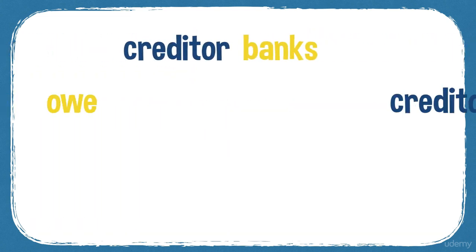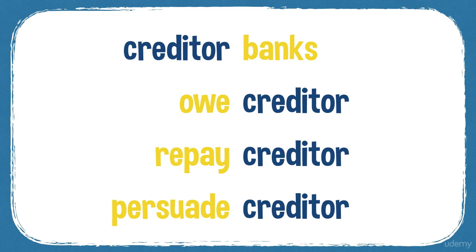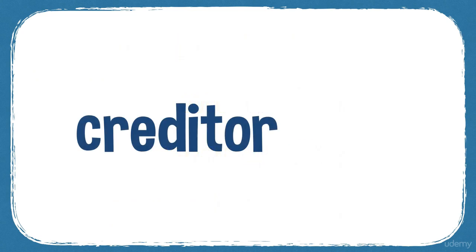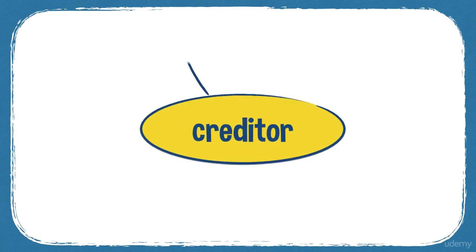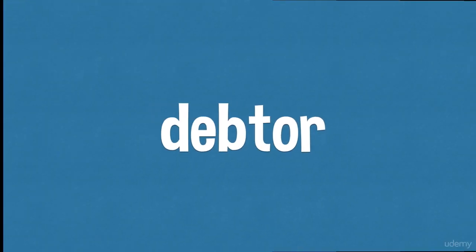So you can have creditor banks, you can owe a creditor, you can repay a creditor, you can persuade a creditor to give you more time to pay the money back. So creditor is a noun, so you can have lots of creditors. And the synonyms for creditor: bank, normally a creditor's banker; lender. Loan shark is a bad, nasty kind of creditor,